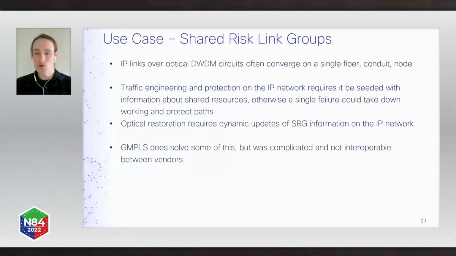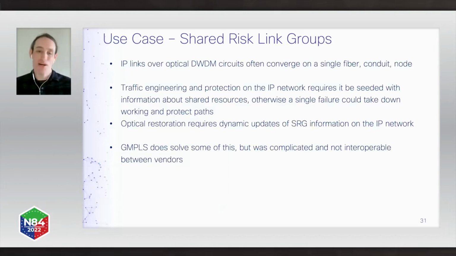And we don't want to step on those, two interfaces that are using the same DWDM link. So you don't want, say, one interface protecting another interface that shares the same fiber. Fiber cuts are by far the most common type of failure in networks today. So for certain services and interfaces, you don't want to protect one using another over the same fiber or conduit or node. And we seed information on the IP networks traditionally with SRLG data from the optical network, but it's